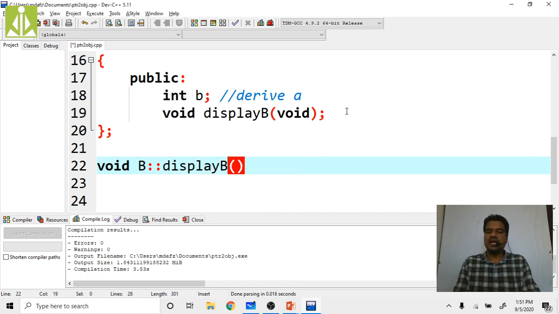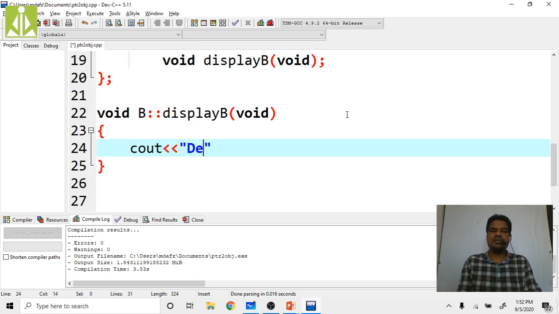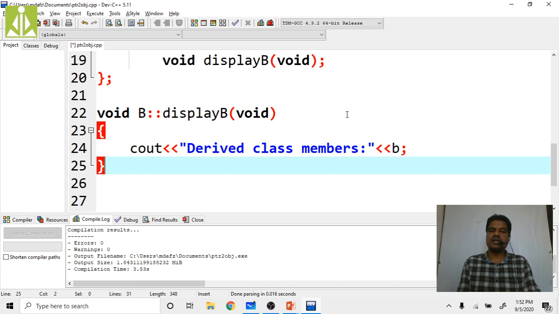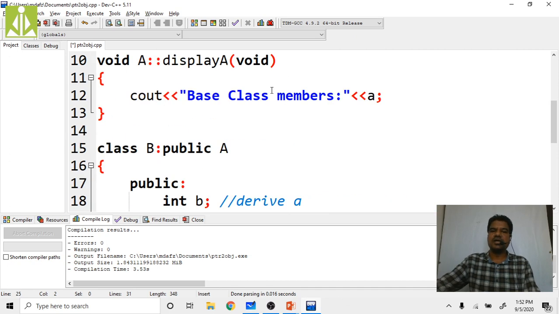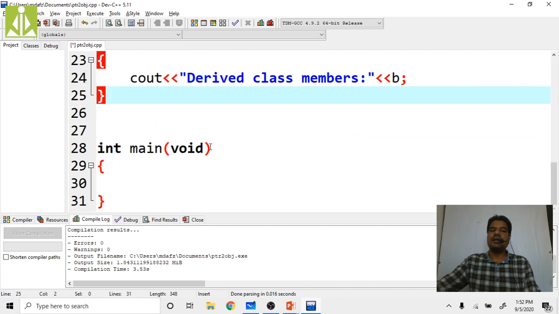Here I am writing the void, and in it I am printing the derived class members, that I am printing like B. No need to write the definition for display A, which is already written, and no need to declare that A variable once again, because it is already declared in the base class. So now the definitions are over.